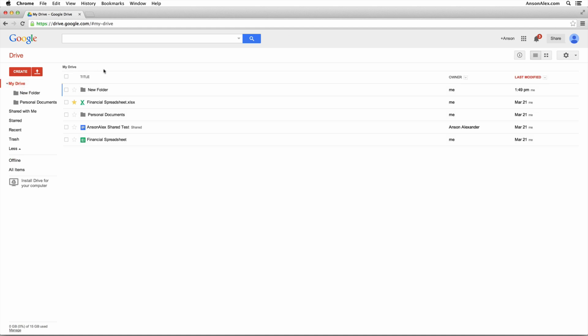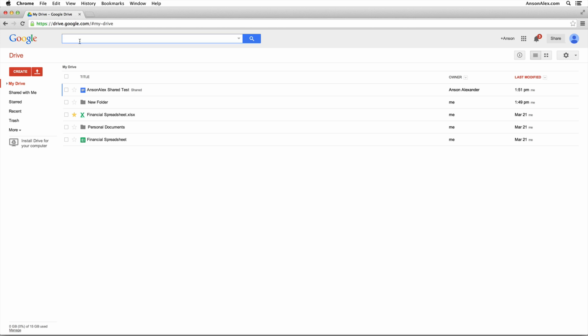Before I go to the right side of the screen, I want to talk about this search bar in the top because this is a really powerful tool. As you use Google Drive, you can organize your documents into folders, you can create hierarchies like you would on a normal computer, but at the same time you can also make use of this search feature, which is a super powerful feature. If you can't find a document here in Google Drive by going through your folders and different sections over here on the left, you can always try and type the name of the document up here at